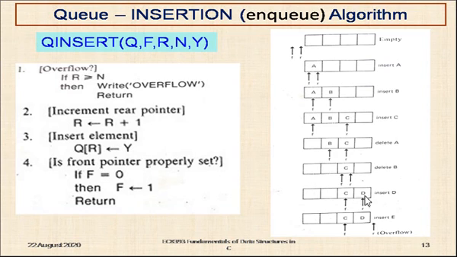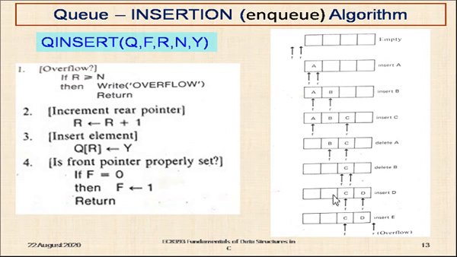You take the last but one case. So the front pointer is pointing to location 3, and the rear pointer is at the 4th location. Now we try to insert one element. Now it is checking if r is greater than or equal to n. What is r here? R is 4, n is also 4. So the condition is satisfied. That means what? Q is full. Here we cannot insert any more element.